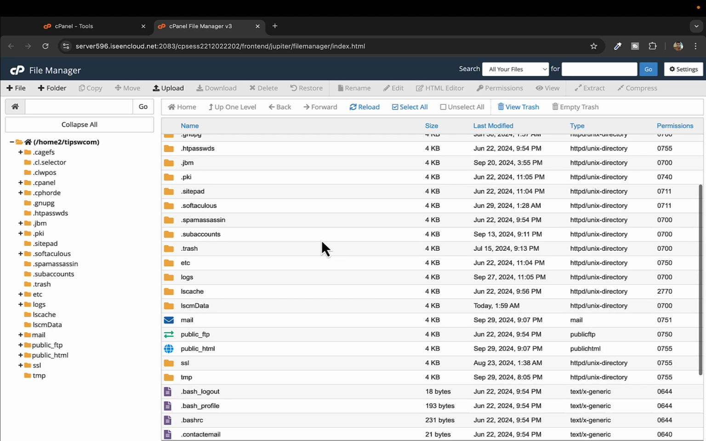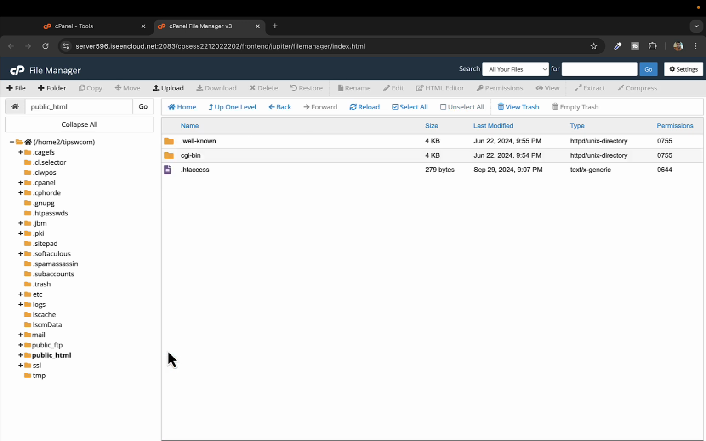So in the file manager, always go to this one, public_html. This is where all your website files are located. So here you can see we have the .htaccess file here, but in some cases you will have to go